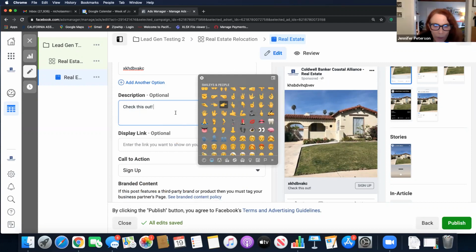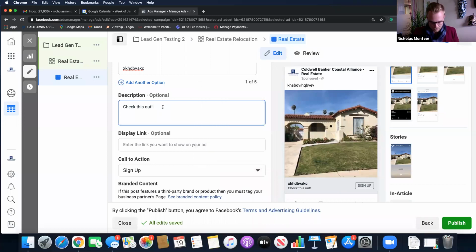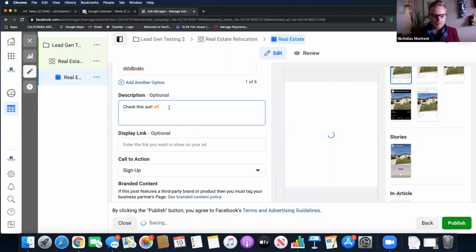Thanks, Nick. You hit the space bar to get the emojis? On a Mac, if you hit Command Control Spacebar, you'll get emojis. If you're on a PC, I believe it's Shift. Oh no, it's the Windows button plus a period. So Windows period, you will get emojis. It doesn't like me right now because I'm doing Zoom and sharing my screen, but it does work. Oh, there it goes. Okay, great.